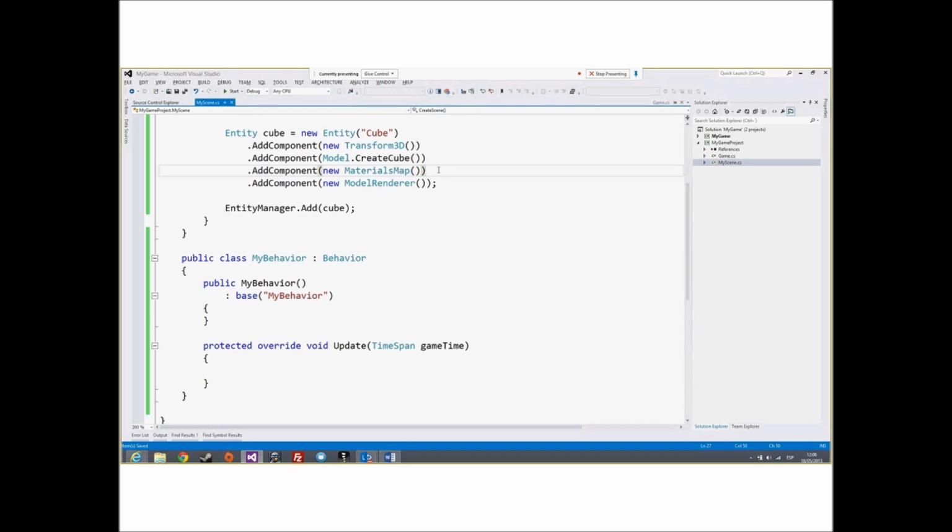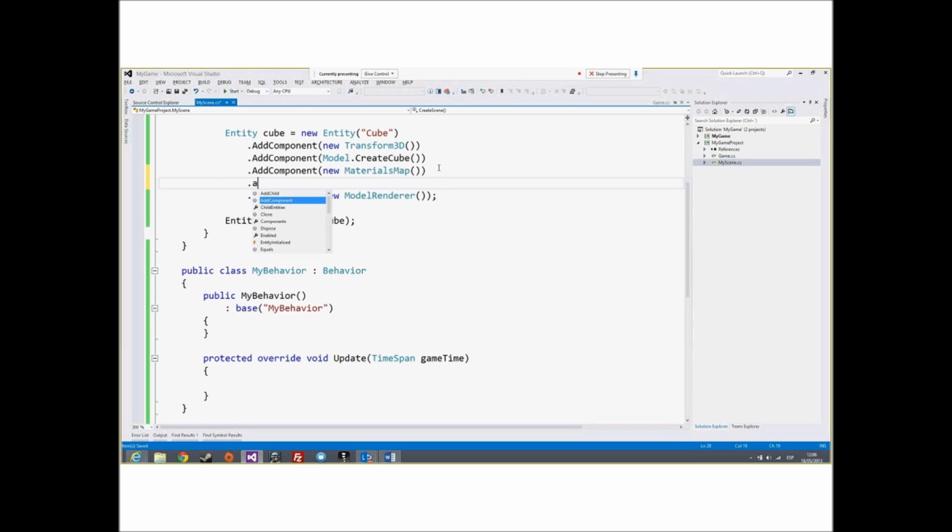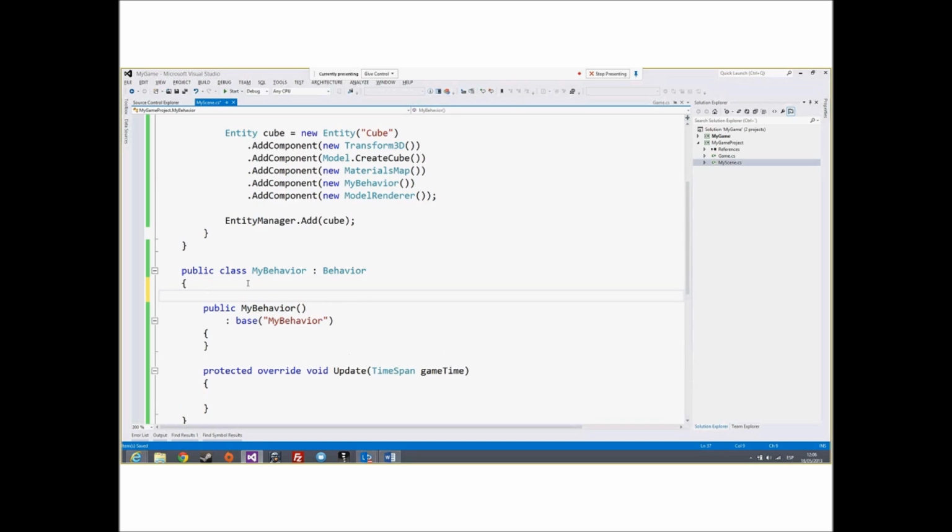Okay. Now I can put my new custom behavior in my entity. New MyBehavior, and here we need to change a property of the other entity component. To do that, we have 2 options.